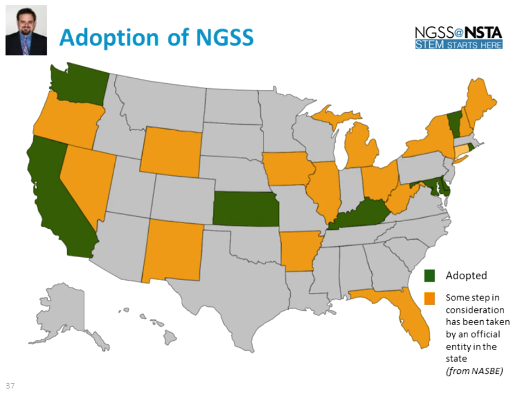At this stage, the standards came out last spring. We have 8 states that have adopted so far: Washington, California, Kansas, Kentucky, Maryland, Delaware, Rhode Island, Vermont, and then also, really too small to see there, the District of Columbia has also adopted. With more on the way. The map you see here also shows you in yellow some states that have taken some sort of step in the process of adoption, whether it's been discussed at a board meeting or the state Department of Education has polled teachers about the standards and you're working, but have not yet moved to actual formal adoption.